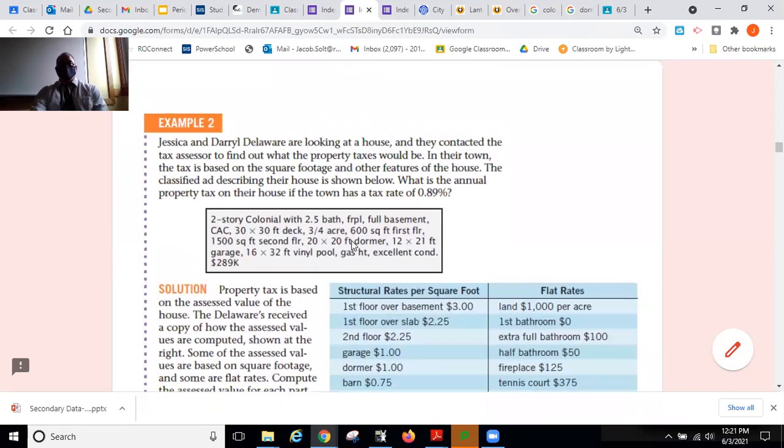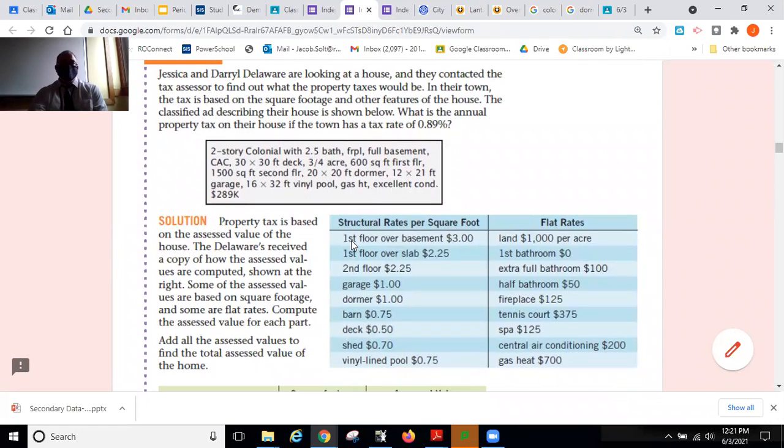But here is just an example of how some people get their taxes assessed. Jessica and Daryl Delaware are looking at a house, and they contacted the tax assessor to find out what property taxes would be. Recall that if you own a home, it's on land, and that land has a value it could be sold for. That value is assessed by whatever municipality you're in, and they charge taxes for the value of that land. Nearly everywhere there are property taxes. In their town, the tax is based on the square footage and other features of the house. The classified ad describing their house is shown below. What is the annual property tax on their house if the town has a tax rate of 0.89%,